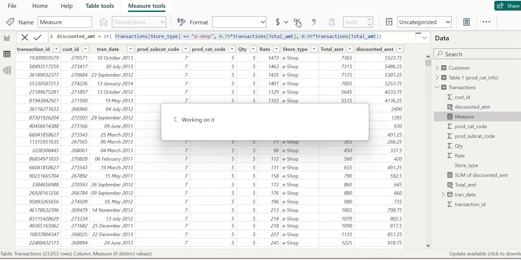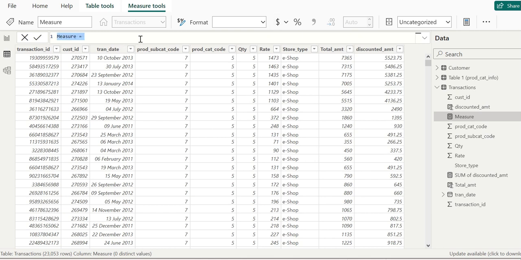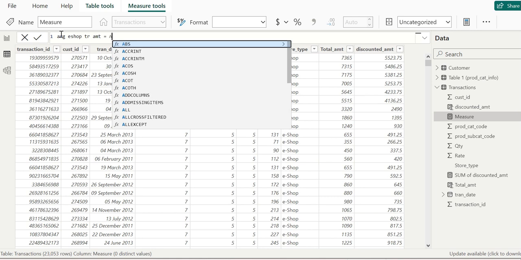For the new measure name, I'm going with Average e-shop transactions amount. So I'm putting the name Average e-shop transactions amount, and we are using